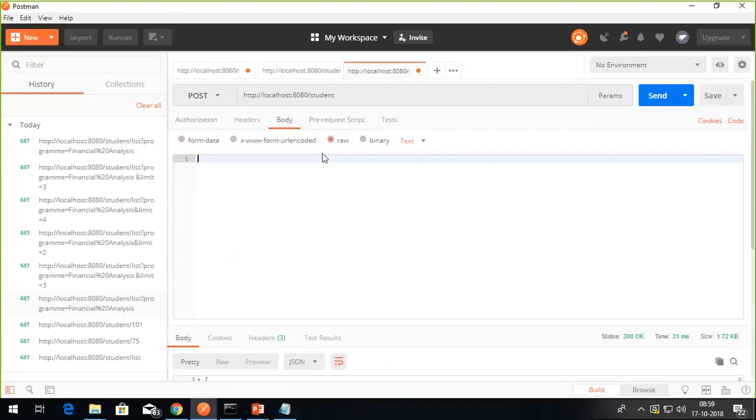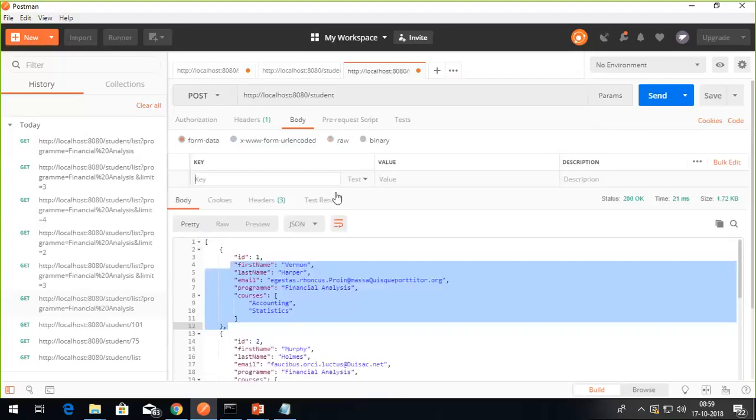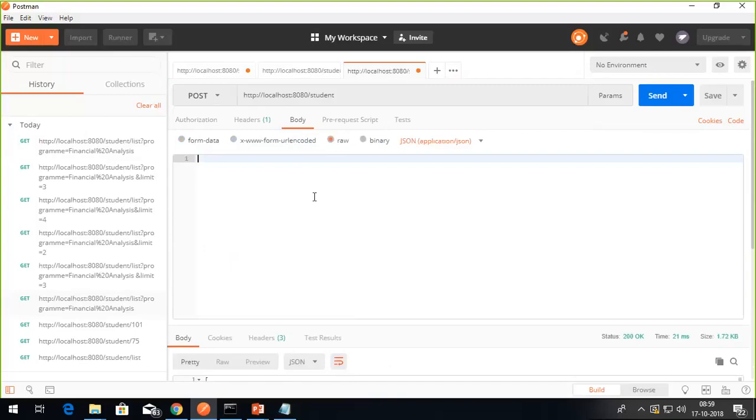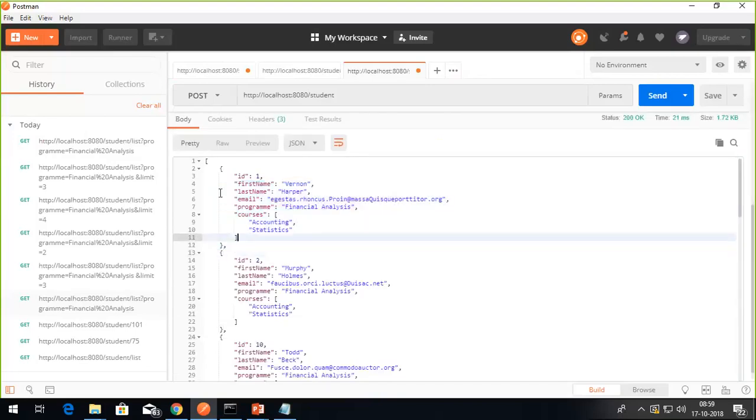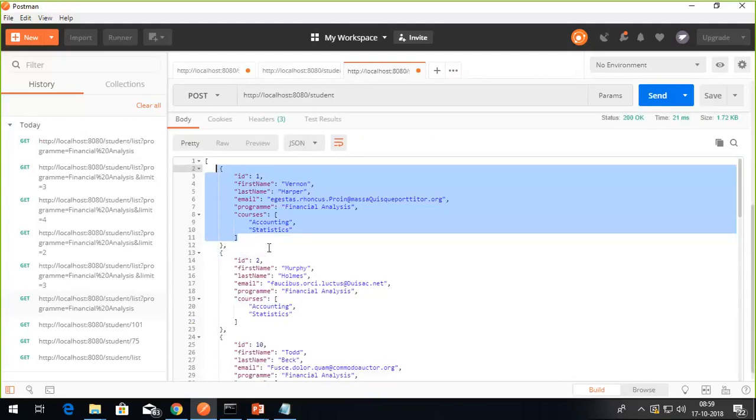click on raw. There are multiple ways to do it, but I'm doing it the easiest way here in Postman, because we are just seeing the CRUD operations and the student application working. The same information that I'm passing can go in the form of key and value pairs too, but I'm passing the raw body here. So suppose I just copy this information from here